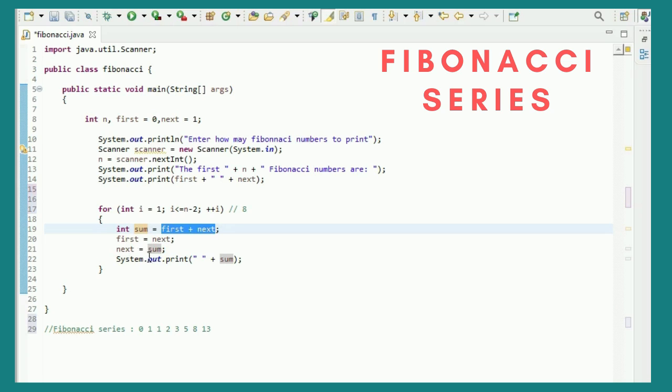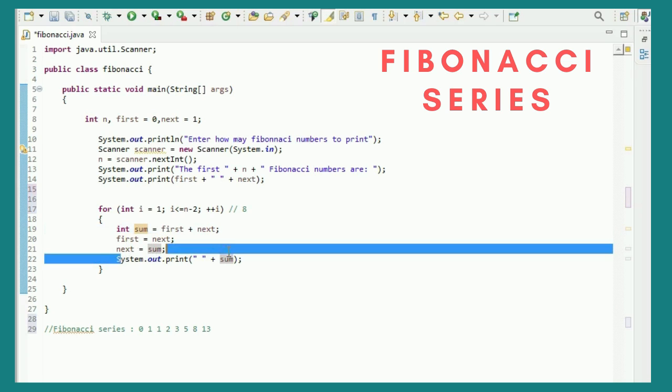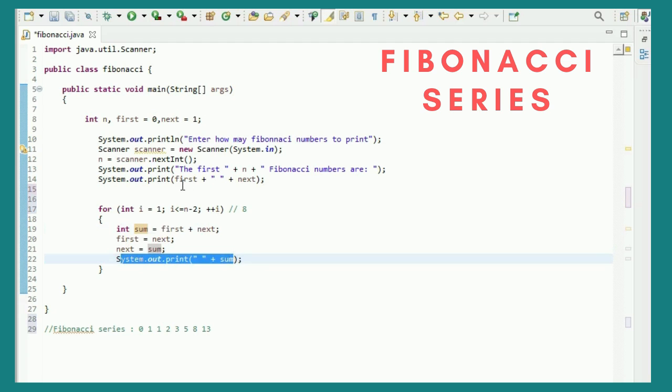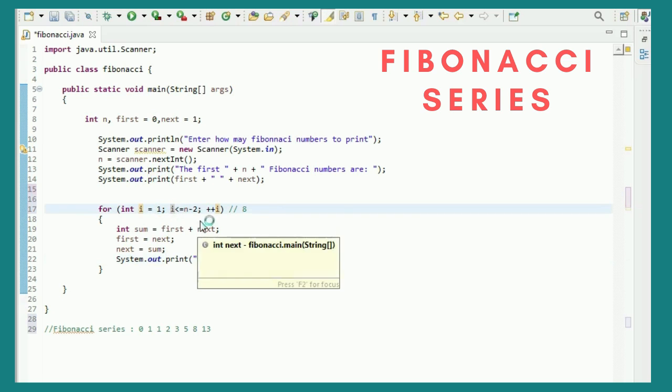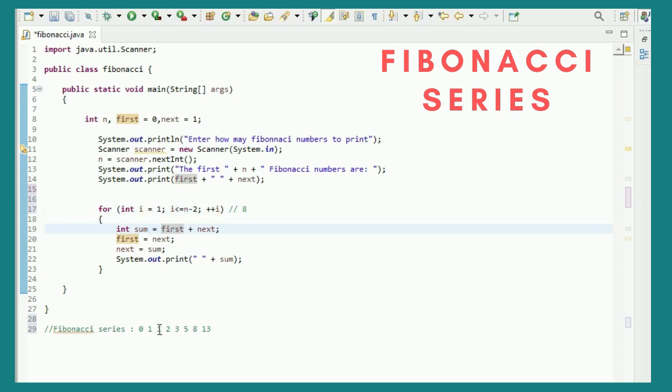You can see it is printing the sum. Since 0 and 1 are already printed, it will print 1 now. Again it will go into this loop. i will be set to 2, so it will compare 2 is less than 6, so it will increment i to 3 and go inside this loop. Sum was set to 1 now, and